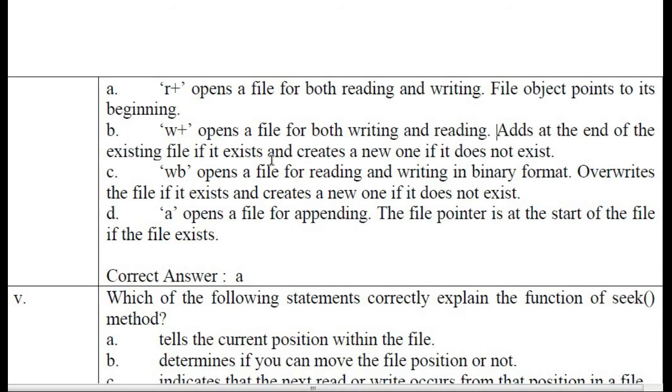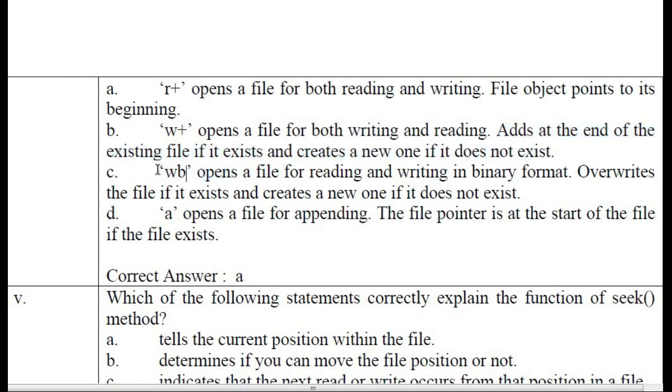It will not add the content at the end of the file. So this portion is wrong. Then we will see the next part also. Creates a new one if it does not exist. That is true only. If a file with that name doesn't exist, it will create a new file. Okay. So option B is wrong because of this statement.